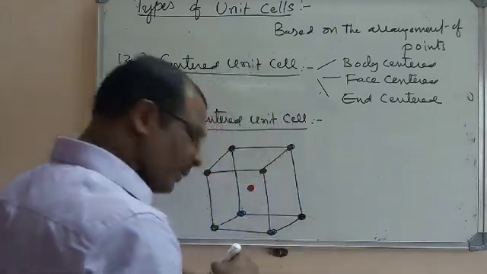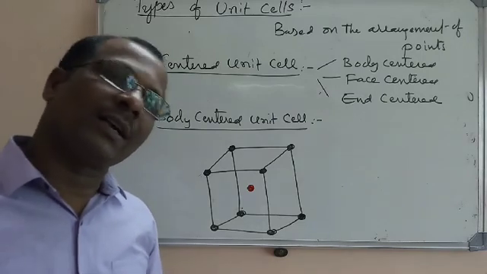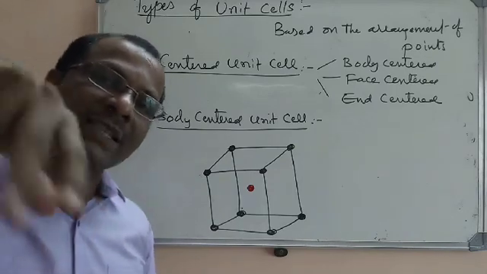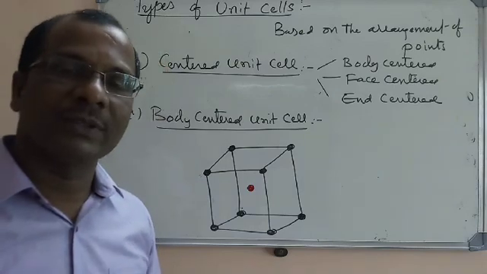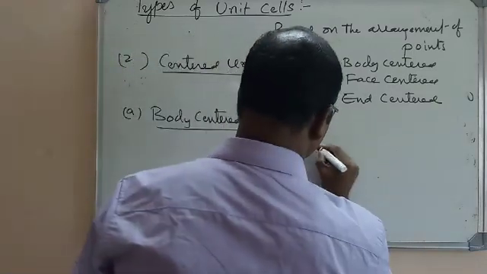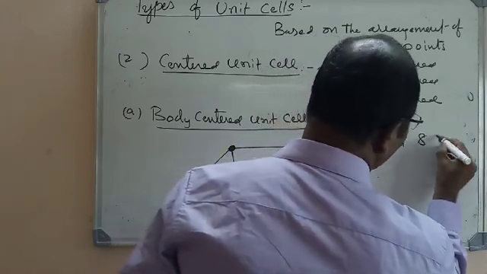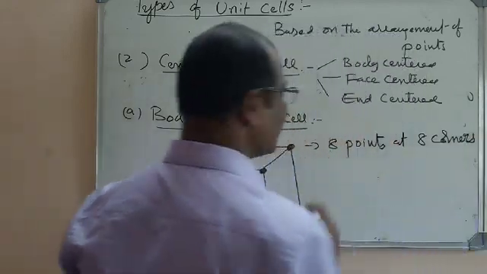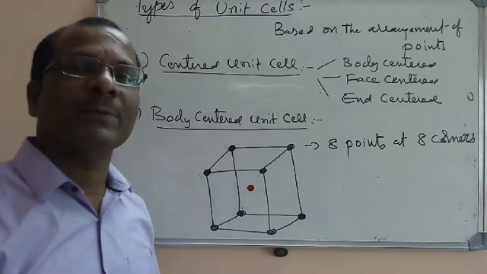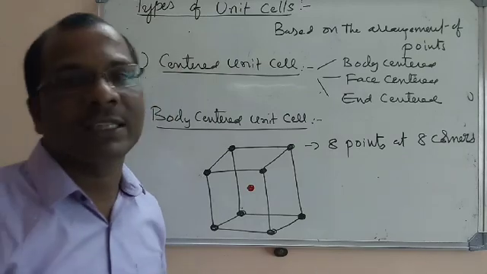Center of the body means, if you imagine a classroom, there will be 8 corners. If you keep one boy at the center of the classroom, so in addition to 8 corners, 8 spheres, there is a sphere at the center of the classroom. That is called a body centered arrangement. First, it is a primitive unit cell. Why is it called primitive? All the unit cells will be formed from primitive. Primitive means primary, so the primary unit cell will be common for all the types of unit cells.